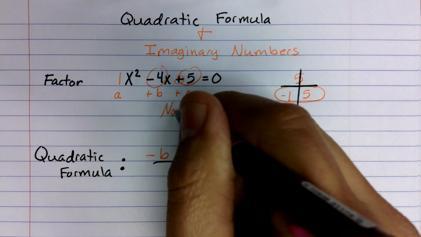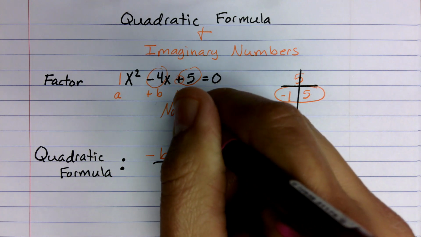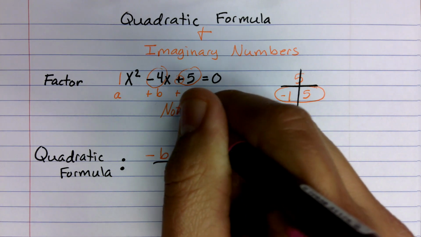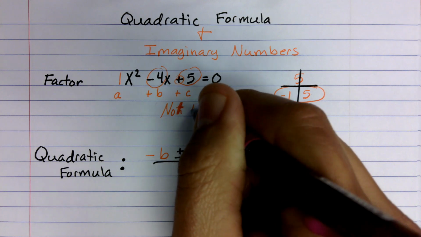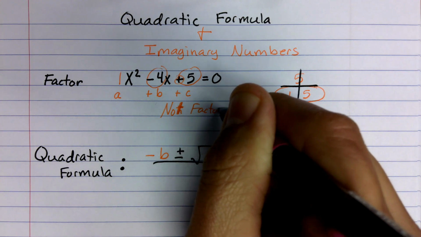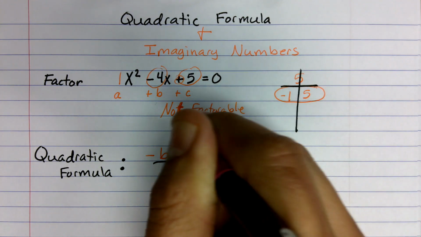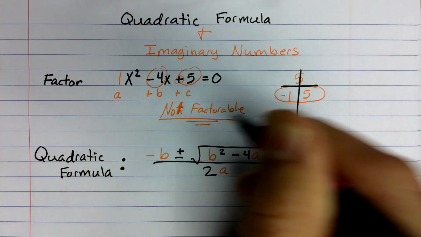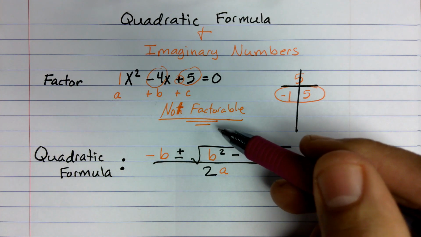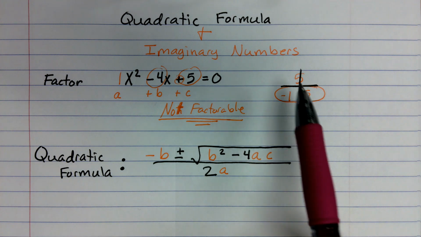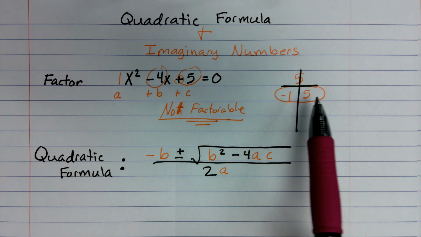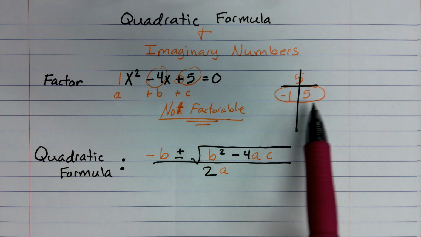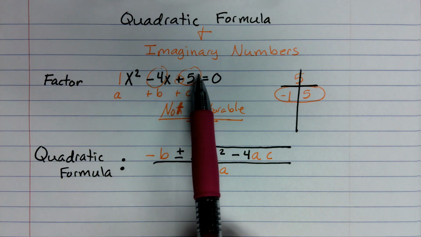So in Algebra 1, you would have just said this is not factorable. Almost put non, but we'll put not factorable. Now it doesn't mean that it can't be solved. It can be solved. We just can't do it with factoring. Now, when you run into one like this, where you cannot find any combination of its factors to be able to give you those two terms,